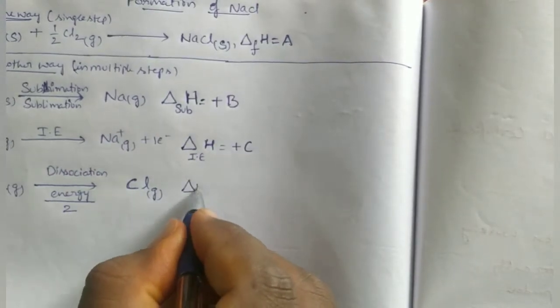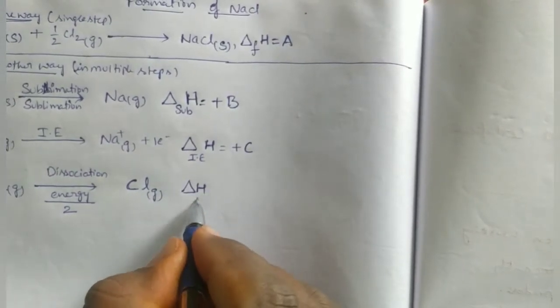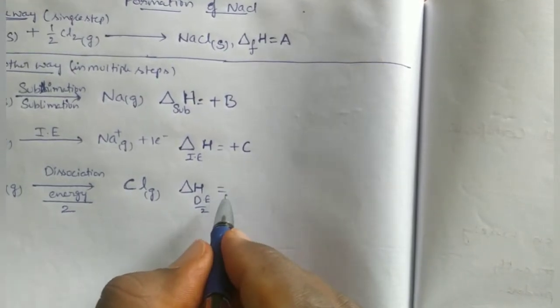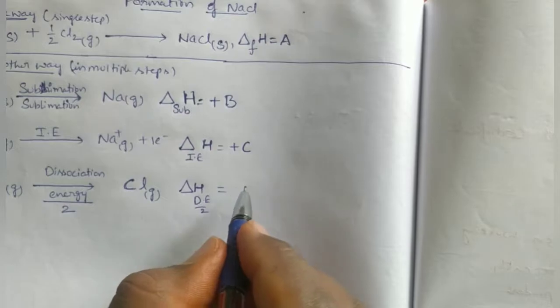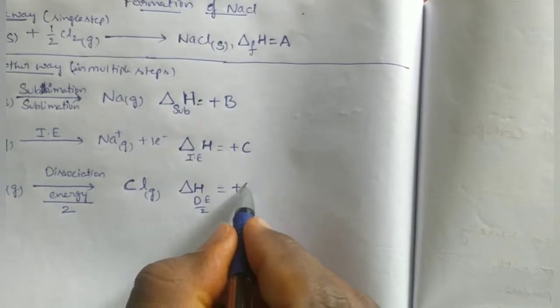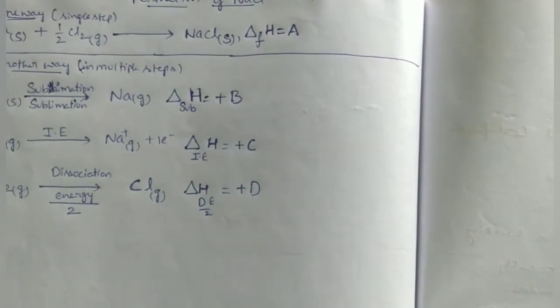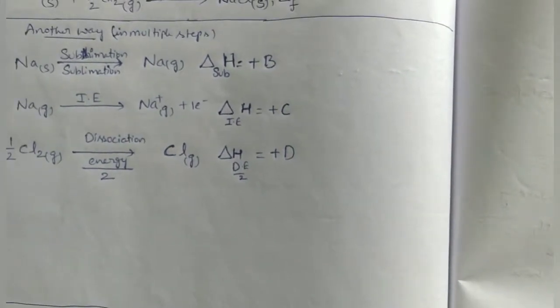Then delta H dissociation energy by 2. This is also absorption of energy only, plus D. These are just representations. Next,